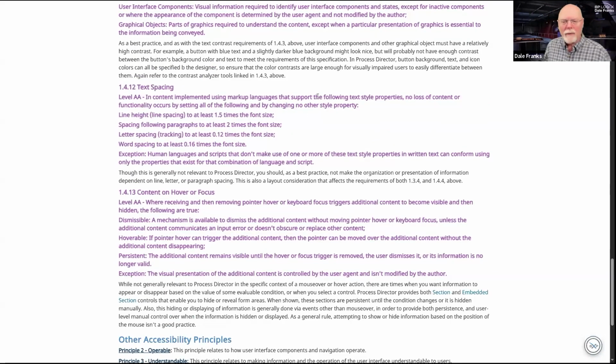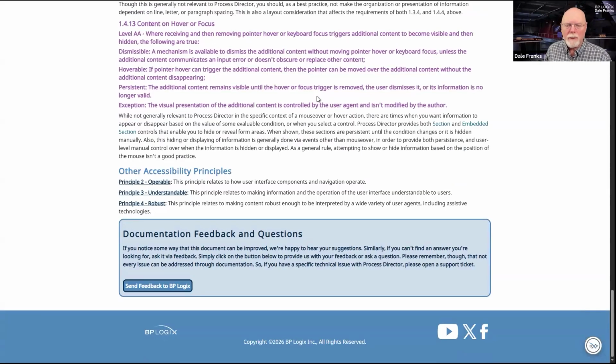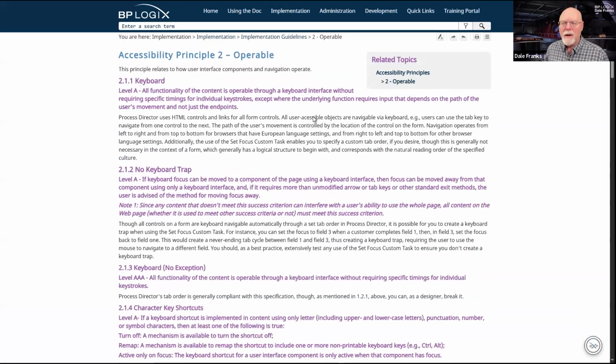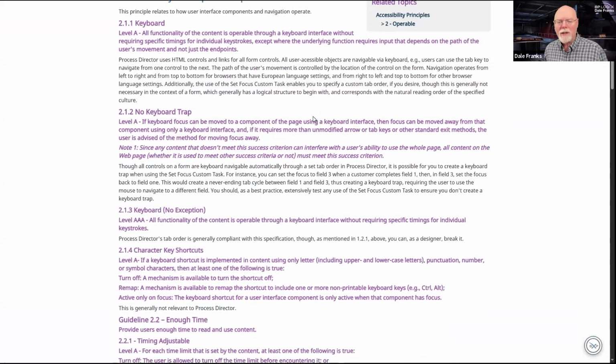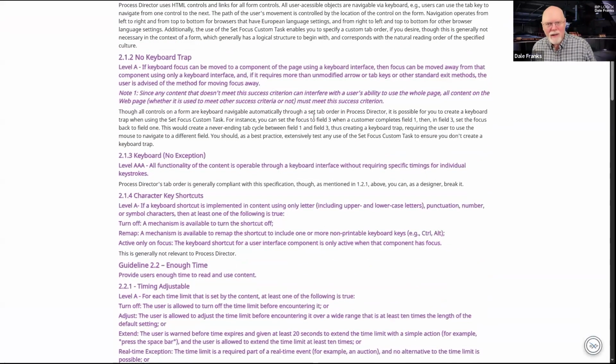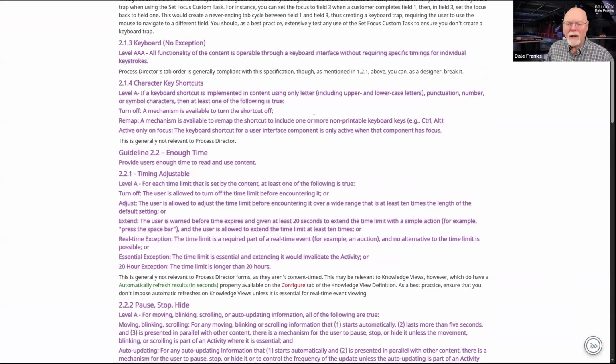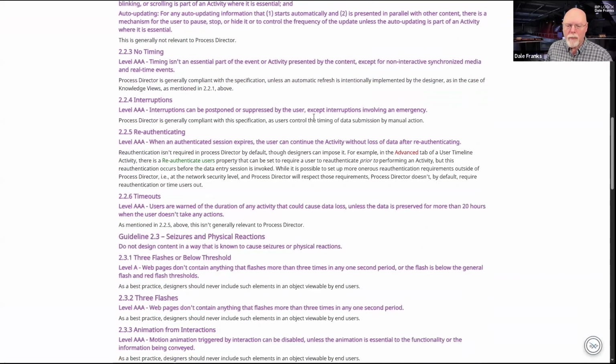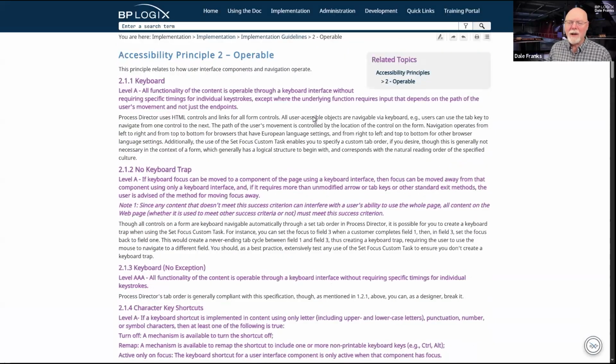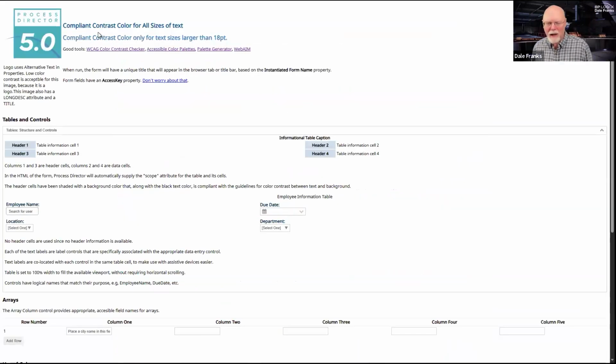So some of the stuff in the standards are skipped, but I did try to go through and grab all of the principles that are relevant to Process Director and to designing forms for end users in Process Director. So you can peruse this documentation at your leisure, and in the fullness of time, it will also be expanded a little bit. It's not going to be a huge expansion, but there will be some.